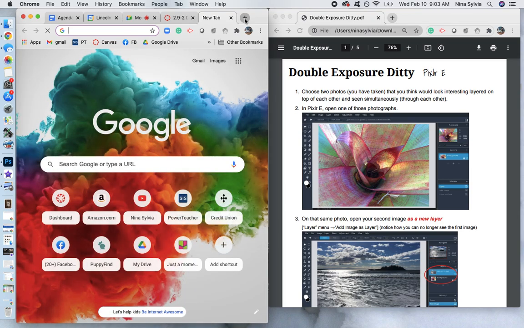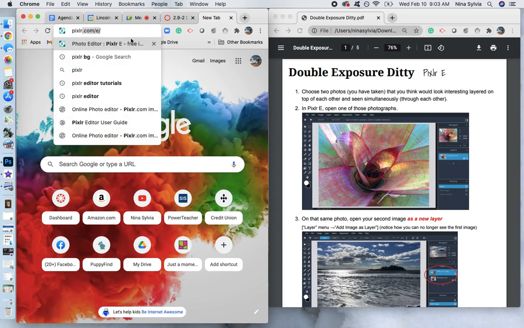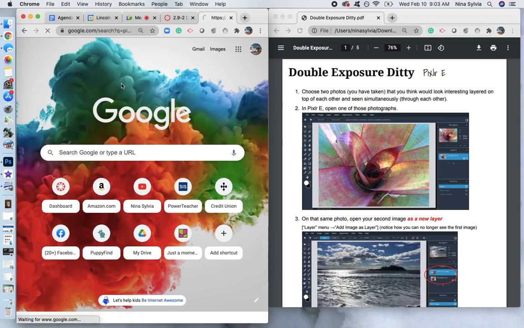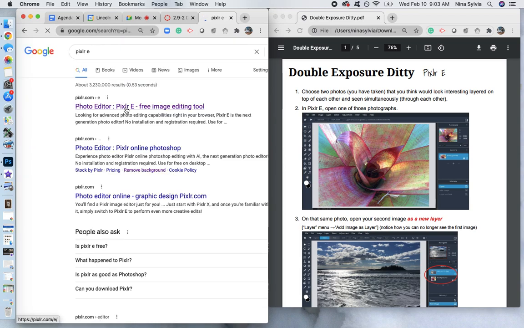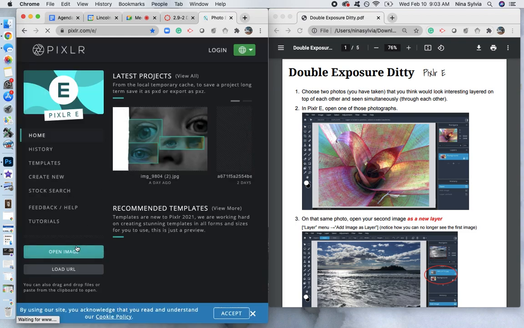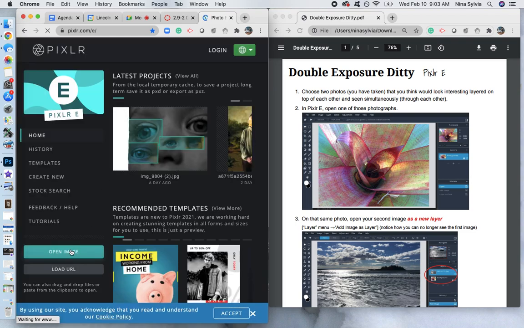So it says to choose 2 photos that you have taken that you think would look interesting, layered on top of each other and seen simultaneously through each other. And then you're going to open Pixlr E. You're going to go to Open Image,